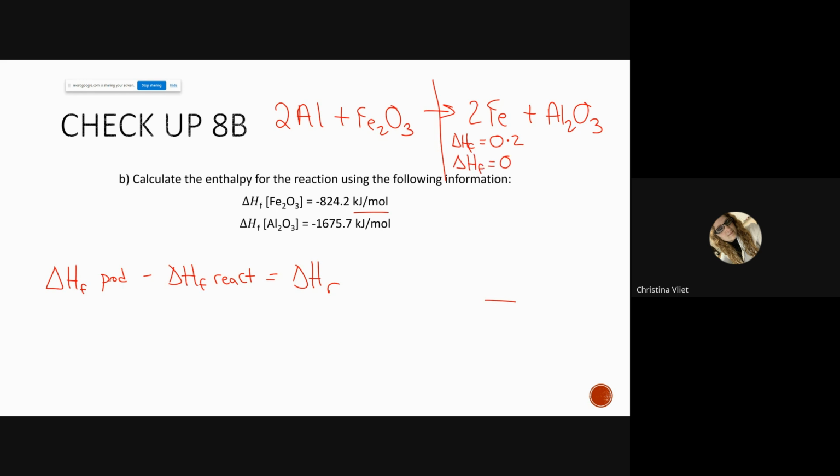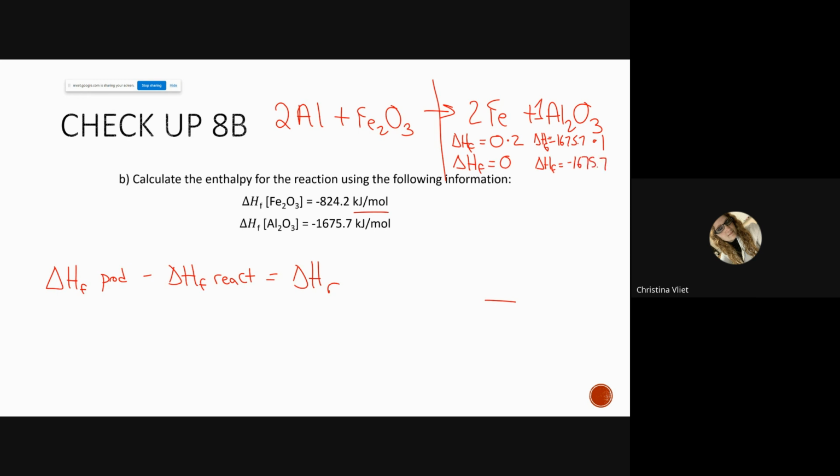So far, so good? What is my delta HF for aluminum oxide? If it's a compound, are they going to provide you with the number? Yes, unless they give you the delta HR and ask you to rearrange the equation to solve for that. It's just like math. You're going to be asked for one thing that's missing in the equation. So Al2O3, what's the number? Here's 1675.7. Delta HF times what? 1, technically, because you multiply by the number of moles in front, but that's the same thing. The delta HF of this is negative